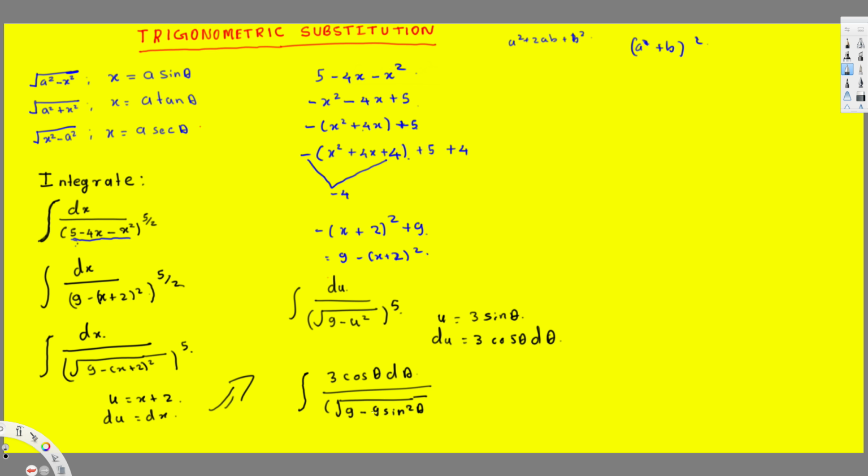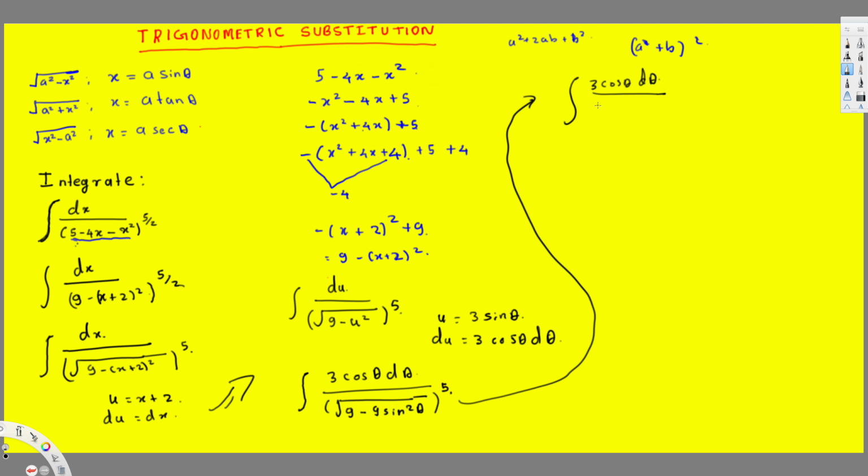Here we can take the 9 common. The first thing we try to do is eliminate this square root. That's the first thing we have to do. So first of all, I can take the 9 common, so this is going to be the integral of 3 cos theta d theta, and we have power 5. We have to keep that one, power 5, 3 cos theta d theta